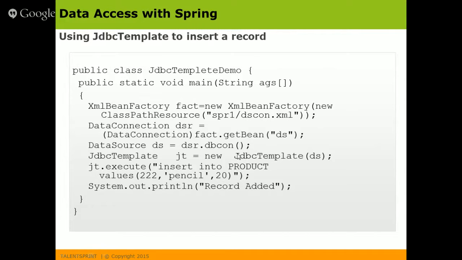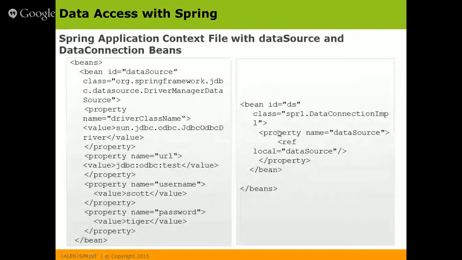Then later you can see I'm requesting the bean factory object by specifying an ID called ds, by which I can get the bean from the Spring factory. So when you specify ds, it will go and search in the dscon.xml for the ds, which is an ID which we specified here. You can see what is ds. ds means we are simply getting the data source. So how are we getting the data source? The data source is